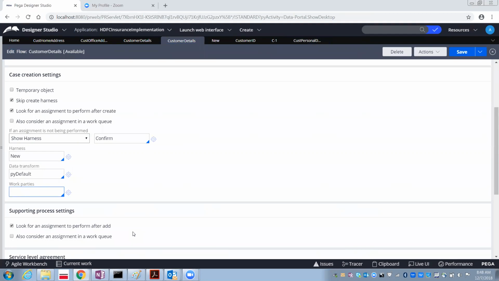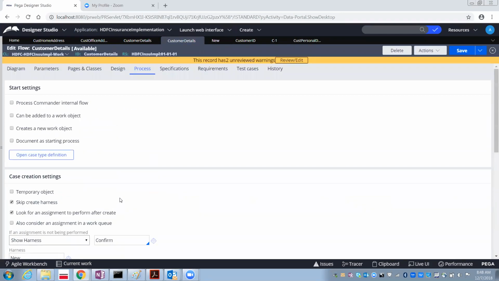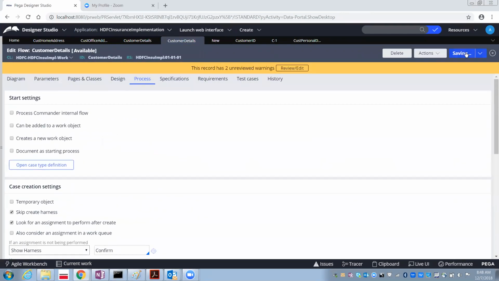In those 2 scenarios, we have to include something called PY case management default. So you need to select this PY case management default. In case you don't remember it, just press the right mouse button, just press the down arrow, and you will see this PY case management default. Select that, and then save it.